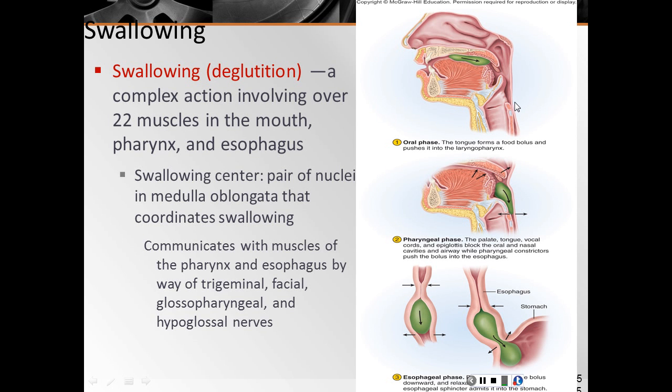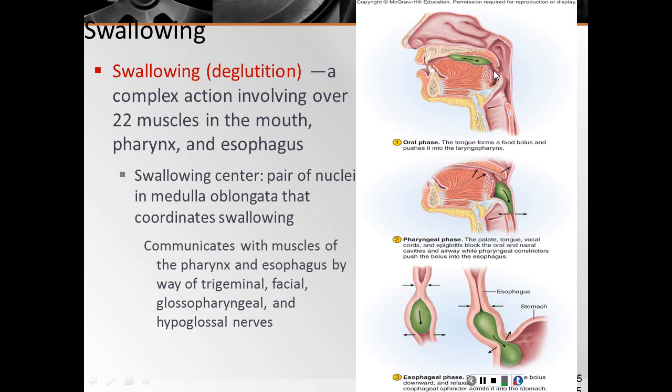Now, when the bolus is pushed backwards, you notice that the epiglottis is actually up. When it reaches this area, the oropharynx as well as the laryngeal pharynx area, it is going to flap downward so the food can get by. That's why a lot of our parents would tell us, don't eat and talk at the same time,